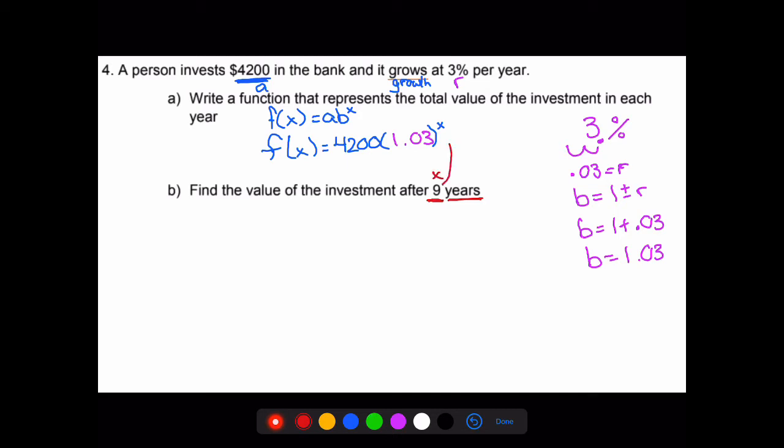So let's go ahead and do just that. I plug in 9 for x, and I'm just going to switch this to y to show that it doesn't matter if it's f of x or y. y is equal to 4,200 times 1.03 raised to the power of 9. If we enter that into our calculator, 4,200 times 1.03 raised to the 9th power, we're going to end up with y is equal to